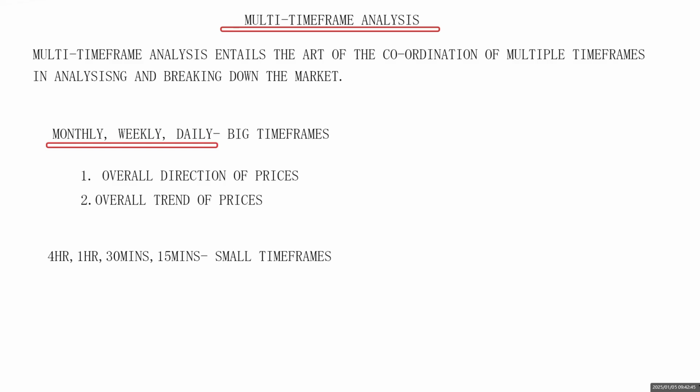Okay, so now what are the functions of these particular small time frames? Okay, so one, they give us the real-time direction of prices. Okay, so what does this mean? This means that if the overall direction of prices is bullish, for instance, we can actually go onto the 15 minutes time frame, and the 15 minutes time frame will be giving us a quick sell opportunity. We know that we are trading a retracement, okay, but we know it's very quick. It's just to grab some bucks and go away with some amount of money from that, okay, which is totally